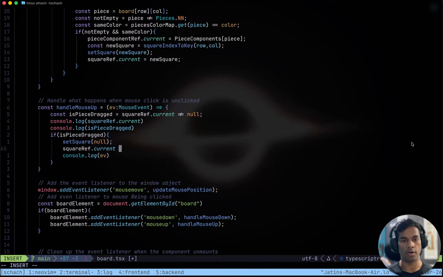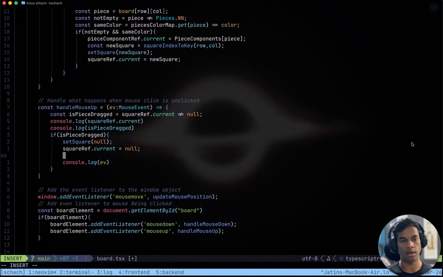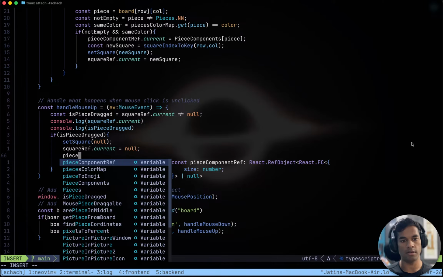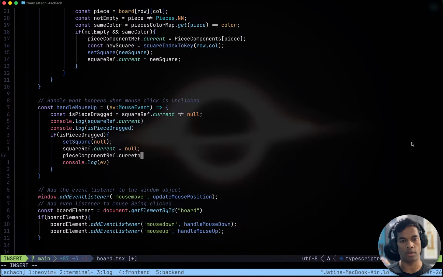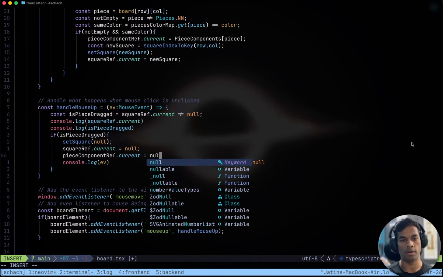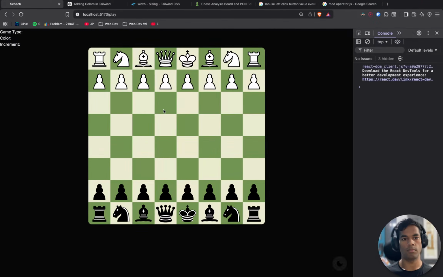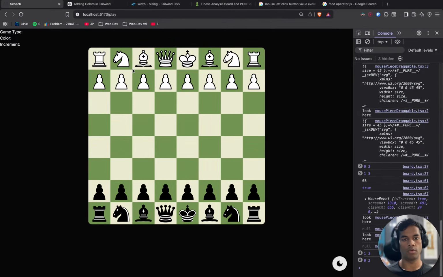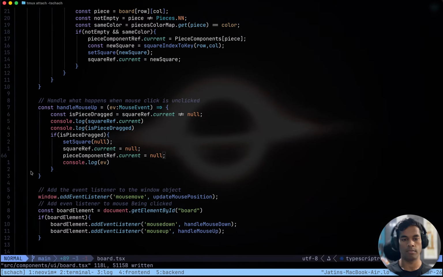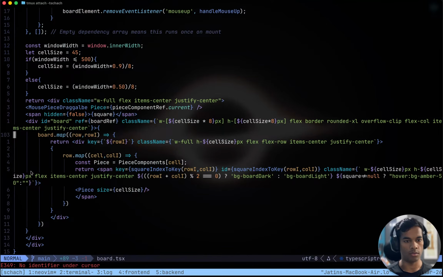Square ref dot current equals null, and piece component dot ref dot current equals null. Cool, that is right.